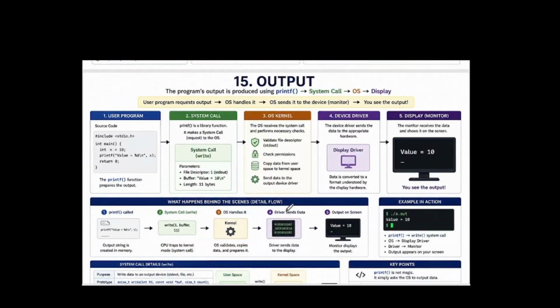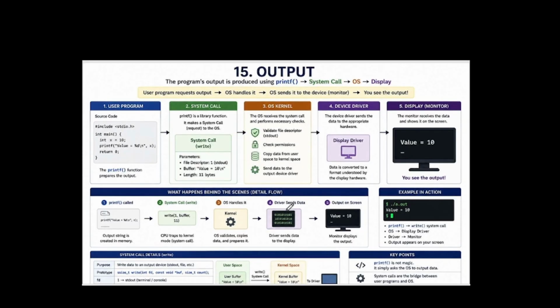After the scheduling part, we have the output part, and once everything is executed, your value 8 or 10 whatsoever your code wanted is now going to be the output of the code. So these are the steps which are followed